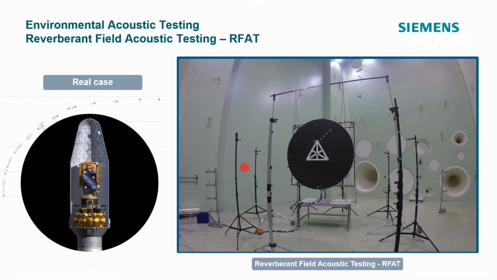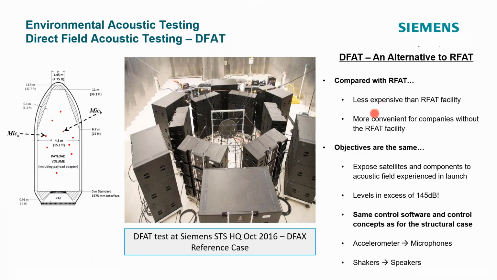This is a very expensive chamber, and this is just a single component, but a lot of times a full spacecraft would be tested in a chamber like this. And you have these woofers, subwoofers, mid-range, tweeters, a bunch of different speakers in this solid cement reverberation chamber. So you're trying to get up into the same acoustic levels that the spacecraft and components would see as they're being lifted into space. Some customers don't have these reverberation chambers, so they are at the mercy of companies that do, and sometimes even they are competitors to each other.